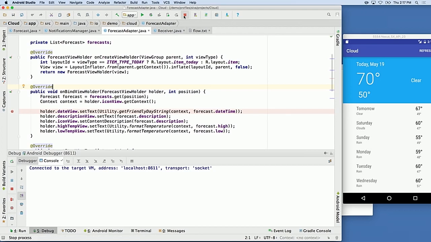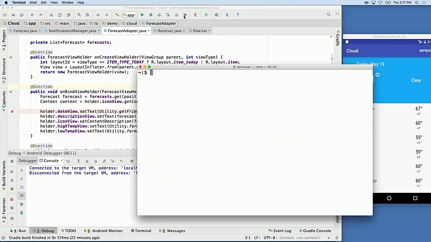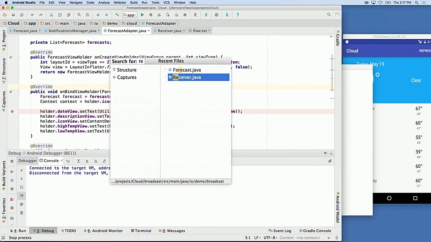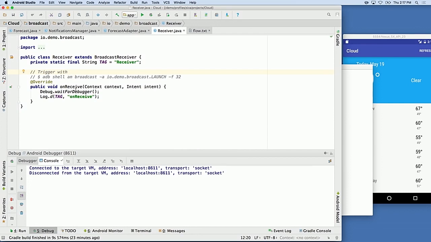So this is good when your program has been running for a while. But what do you do if, for instance, you want to debug a second process in your multi-process app, or you want to attach the debugger as soon as the process starts? So Android has a nice API called debug.waitForDebugger. What this does is that as soon as your program starts, if it's not launched through the IDE itself, and when it encounters this API, it'll just pause your program at this location